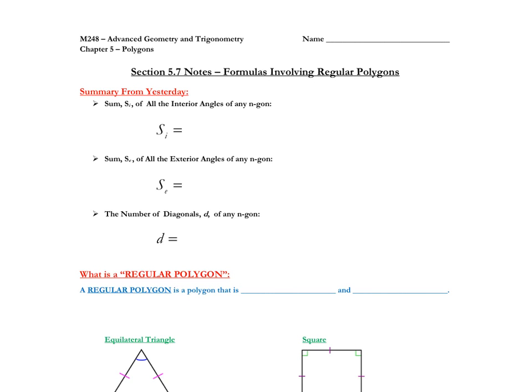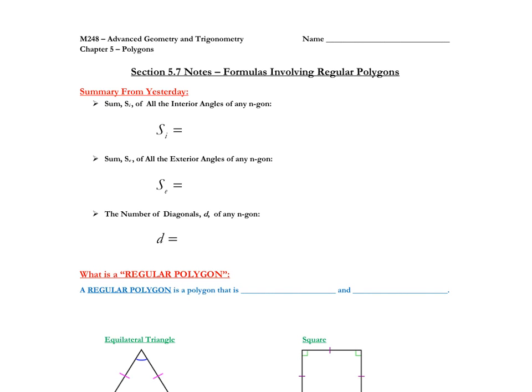We are going to do the last video for this chapter, and it's the formulas using for regular polygons. And so we'll talk about what a regular polygon is as we go throughout the notes. But just as a reminder,